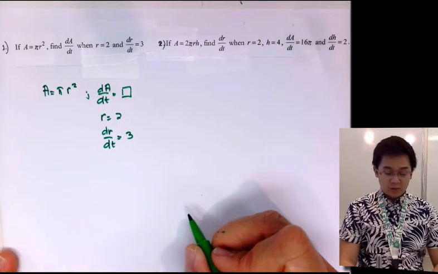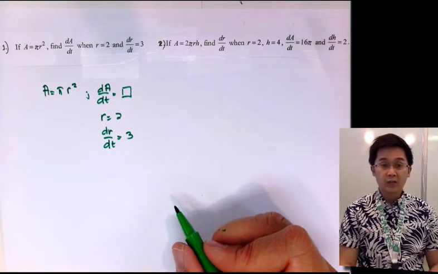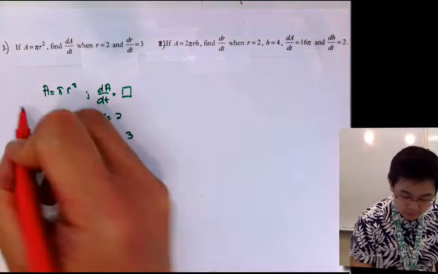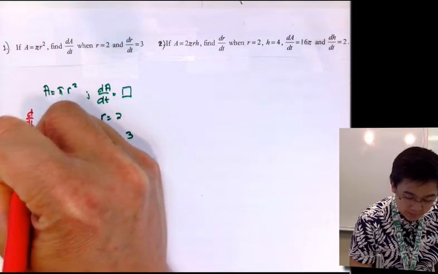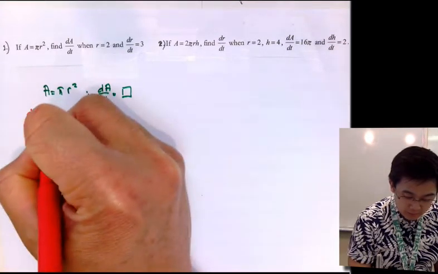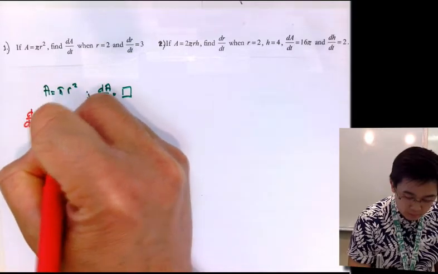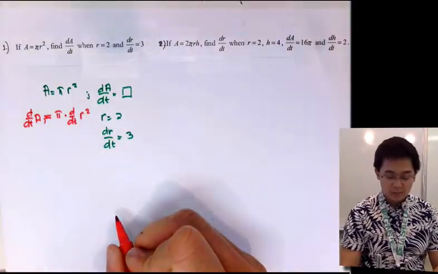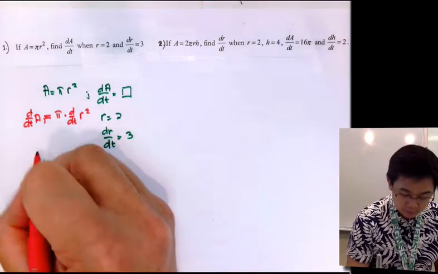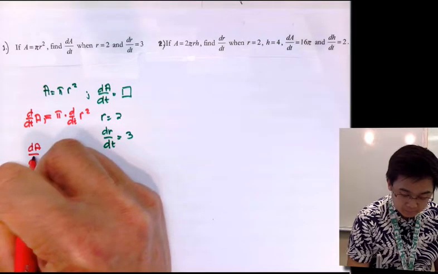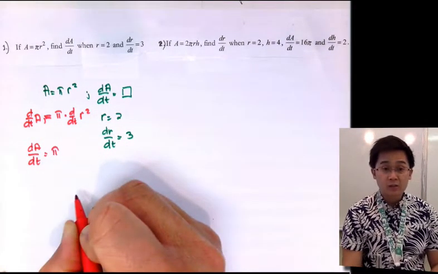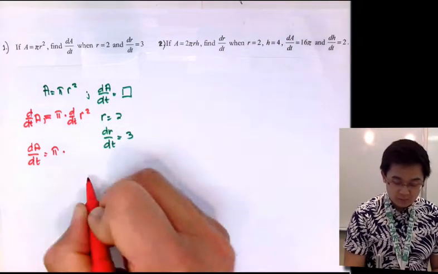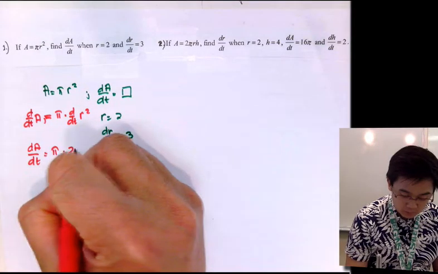So in implicit differentiation, we are always differentiating with respect to time. So all we have to do is to take the derivative of A with respect to time equal to pi times the derivative of r squared with respect to time. So the derivative of A is dA over dt, and since pi is just a constant, we just kept it here on the side. Take the derivative of r squared with respect to time will be 2r